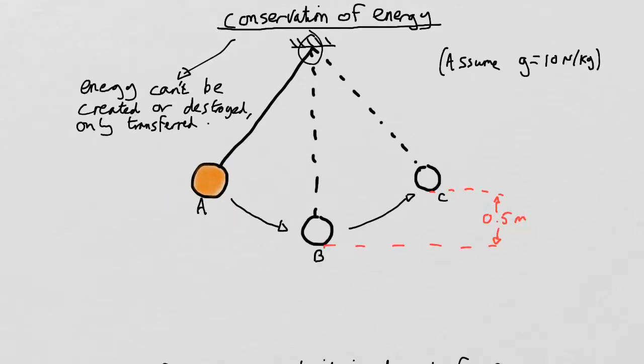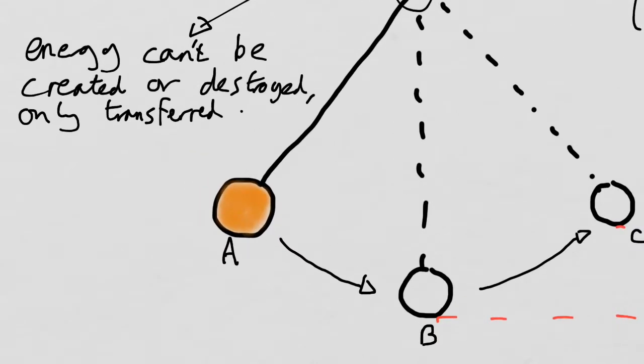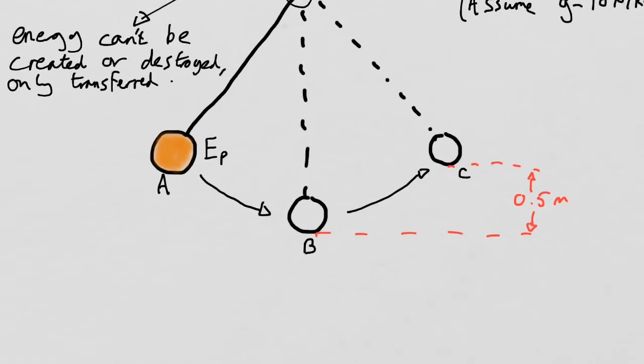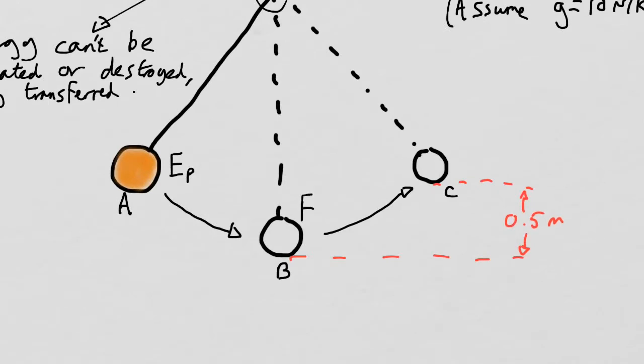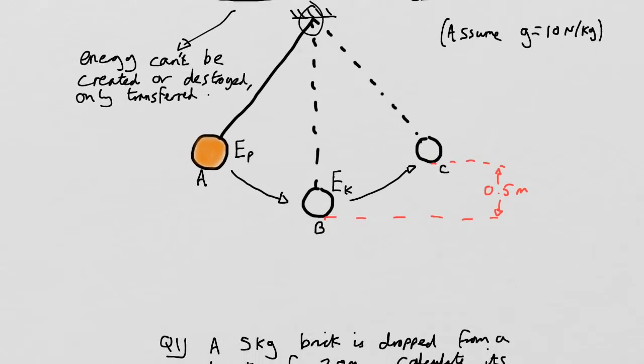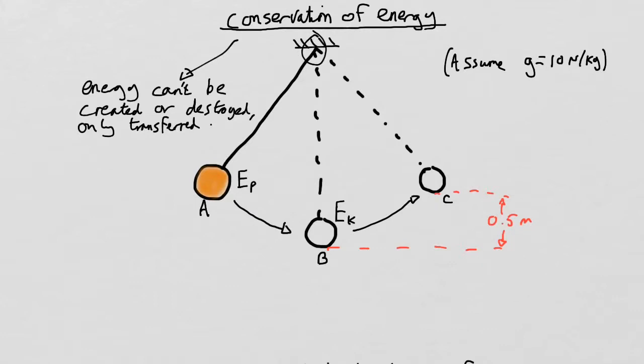Now, if I give the pendulum some gravitational potential energy, I can lift it up, and that's what I'm doing at position A. I've given it some gravitational potential energy. So this here has got maximum gravitational potential energy. And then as it starts to swing, it will gather some speed, it will gather kinetic energy. Okay, and at position B it is going to have maximum kinetic energy. That gravitational potential energy at A is going to be transferred to kinetic energy at B.